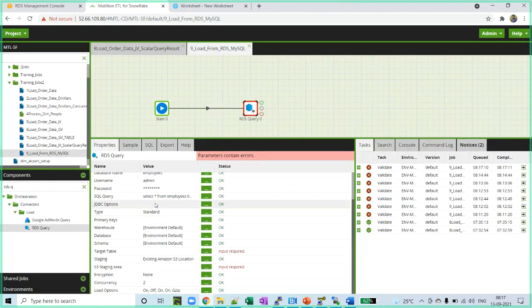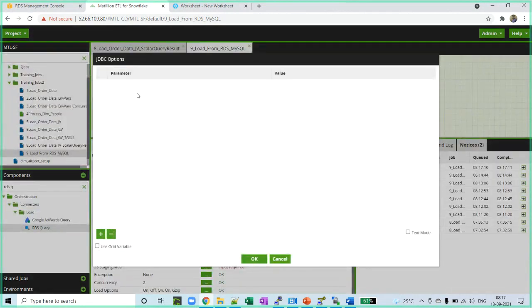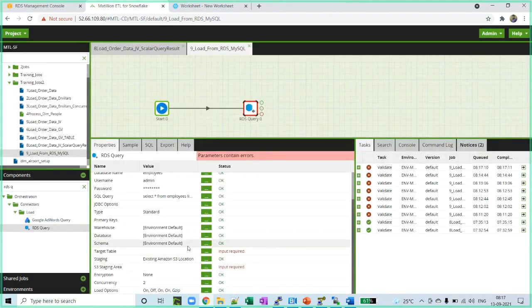Now, if you need to provide any JDBC connection options, like connection time mode, you can provide it here. If you click on plus, you need to add that property here, that is the property name, and give it a value. It's the way when we connect to any database using Java applications or anything, we provide those JDBC